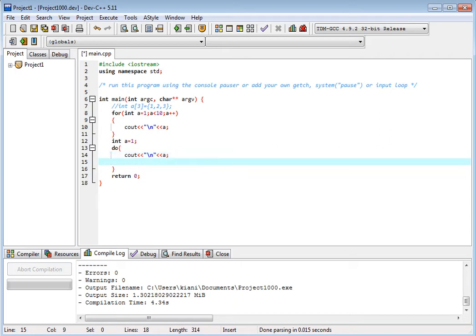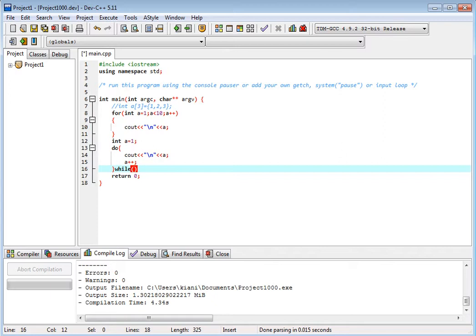Then we have a plus plus. Here in the for loop we declare this, and then do while condition. Condition is what? A is less than 10. Just like in for loop, we put the three different things, initialization, condition, and a plus plus here.